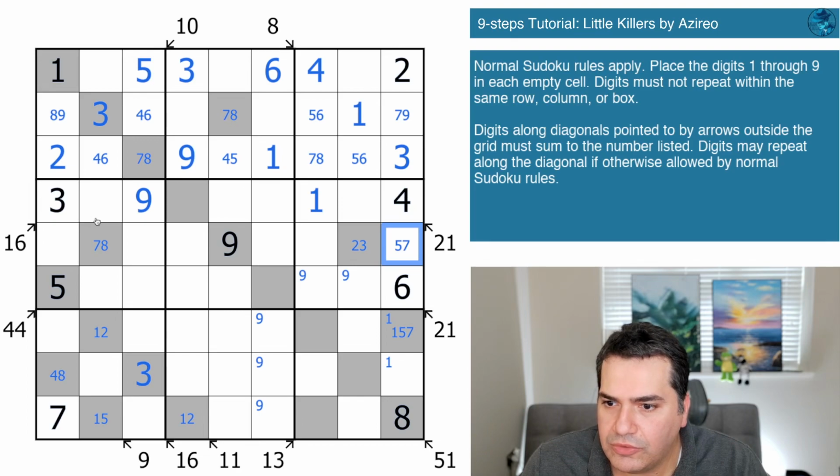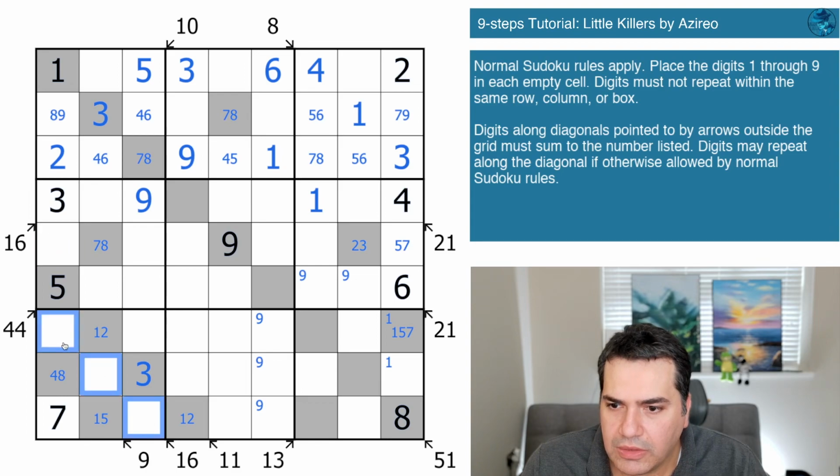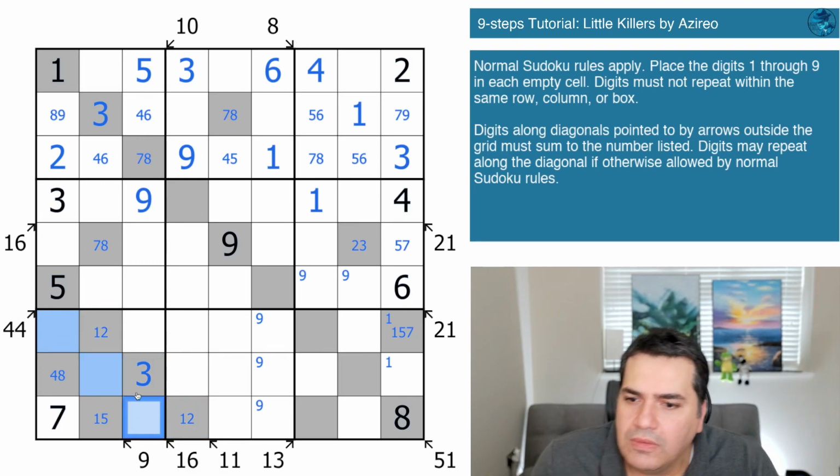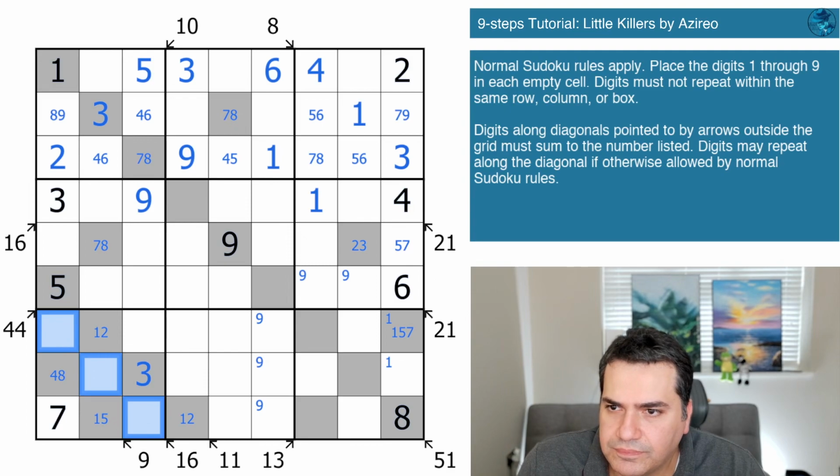There's a lot of random restrictions across this grid that I'm not really entirely able to see what it all means. So I've missed this diagonal, the 16, which just for the sake of argument, I'm going to color differently so it stands out from the other gray cells. Otherwise, it's just going to be lost to me. So this 16,